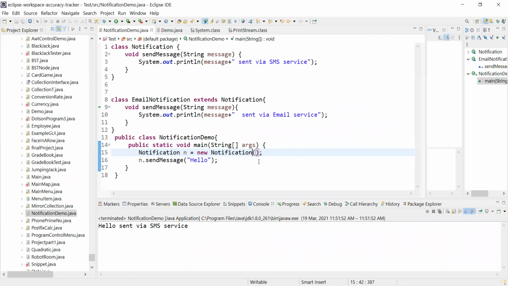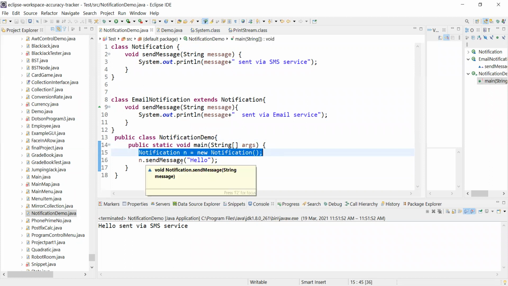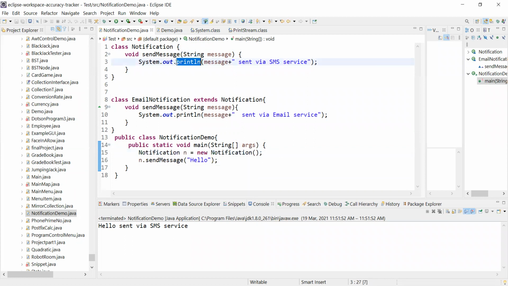What we are doing now is associating an object of the notification class in our notification demo class, or I'd say we are just creating an object and calling that method like we did earlier in many examples. What we need to do is override the functionality, right?